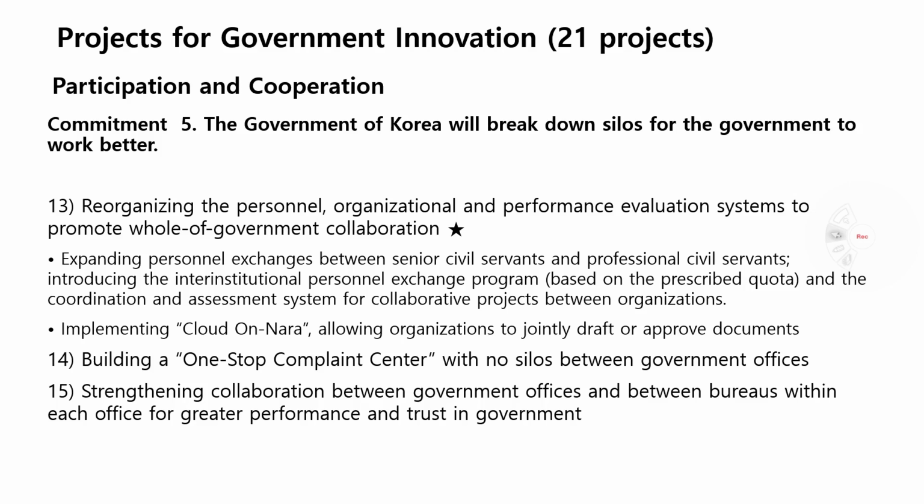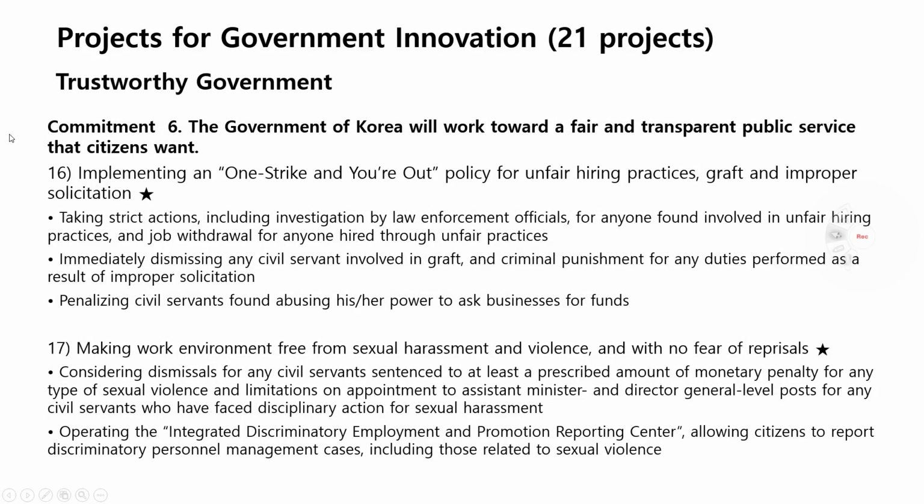The 14th is building a one-stop complaint center with no silos between government officials. The 15th is strengthening collaboration between government offices and between bureaus within each office for greater performance and a trusted government. The next is a trustworthy government. Commitment 6 is that the government of Korea will work through the fair and transparent public service that citizens want,